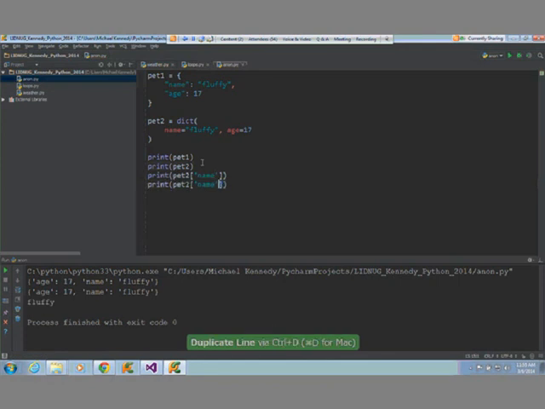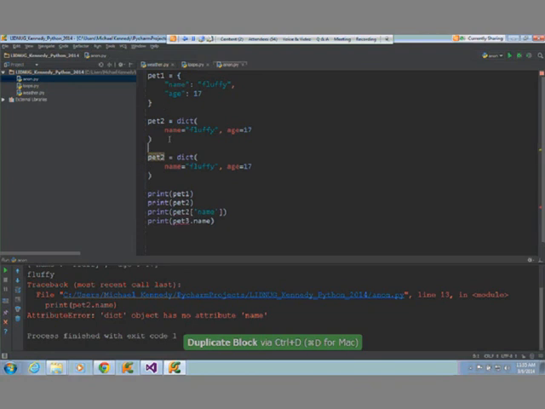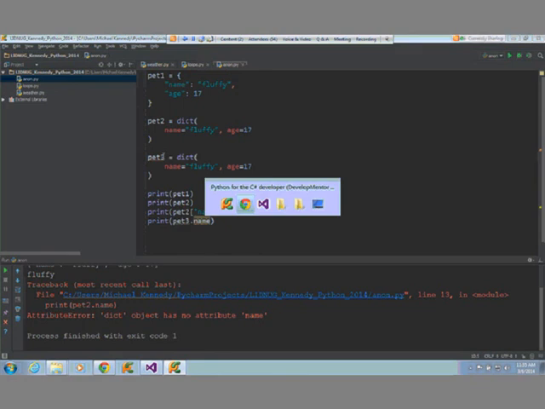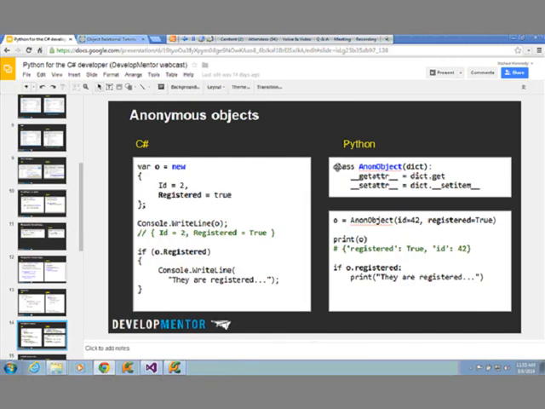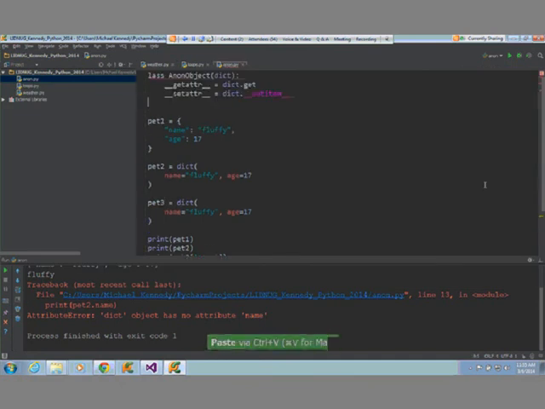But what I can't do is this, which is what you get in anonymous objects. I can't do pet2.name. Because no. Dictionaries don't have .names. What are you, crazy? I want to add that. So I want to create a third pet that is similar to this dictionary that has this final capability to treat it as if it were just a property of the object. And in order to do that, I need to steal a little bit of code here. So we need to define this one class. And while technically it's not built in, it's quite easy to add it. So if we add this thing with a C, we get this class called a non-object. So I can change this down here, and I'll explain it to you in a minute,